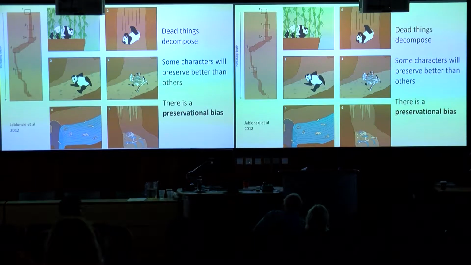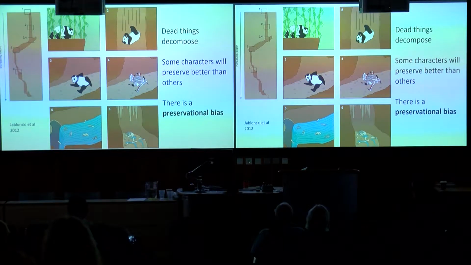So, as we've already heard, one of the major drawbacks in paleontology is that when something dies, it decomposes. And this inevitably results in a loss of information. And I'm sorry, I couldn't resist including this rather humorous figure of a rather dramatic panda death and then fossilization. And unfortunately for us,